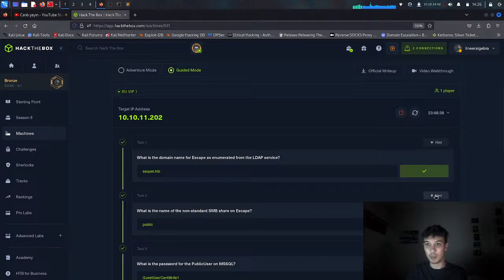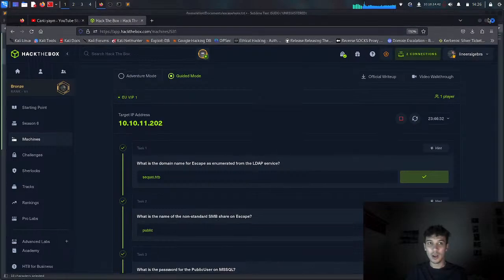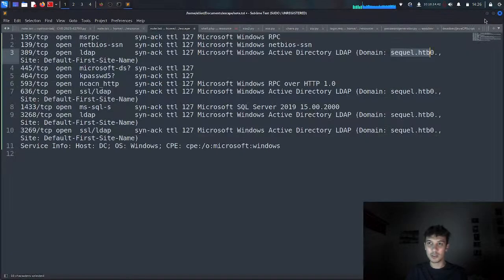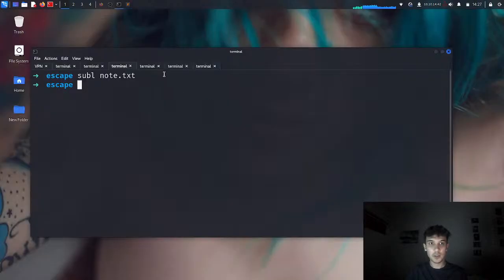Task 2 asks: what is the name of the non-standard SMB share on Escape? For that you have to go for the SMB service. Before doing this, let's analyze our nmap scan. We saw a different port, MS SQL on port 1433, which I think will be useful for us. Besides that, SMB and LDAP are the other open ports. So let's do first